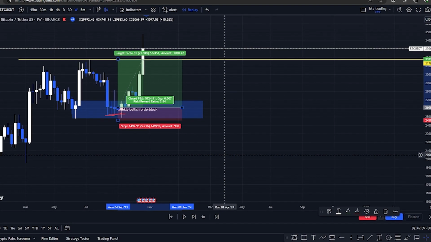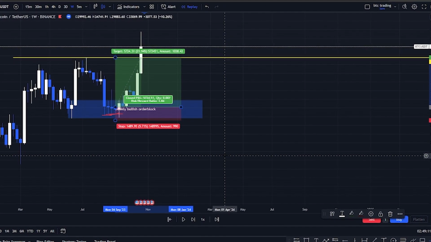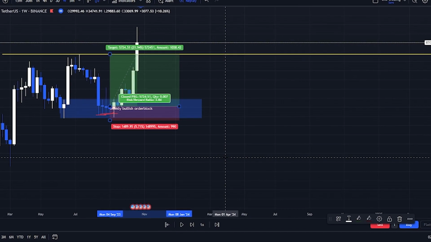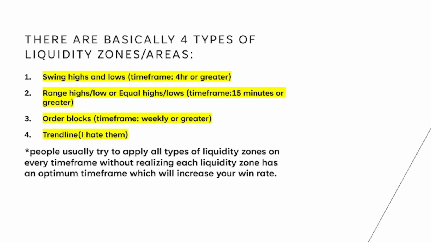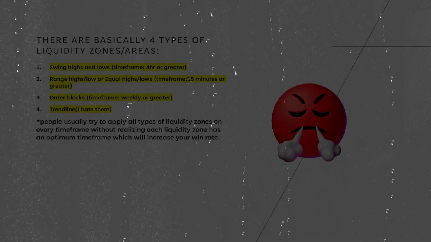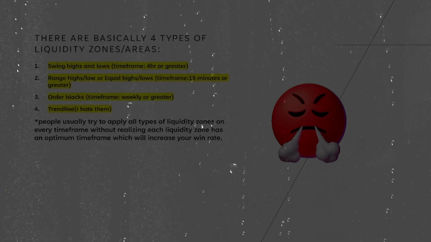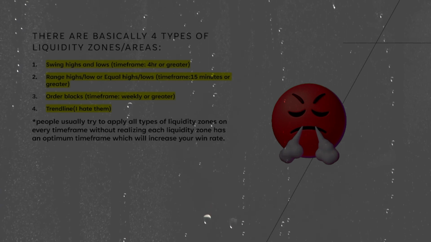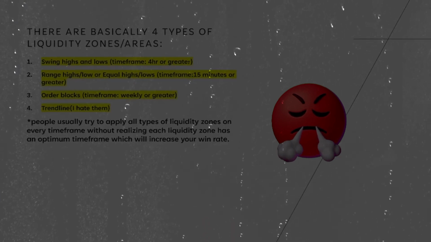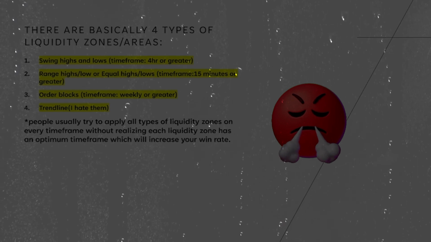So I use only weekly order blocks and no order blocks smaller than that because I have seen that they really decrease my win rate. So the fourth type of liquidity is trendline liquidity. I don't really use them and I haven't backtested them, so I don't really have any examples of them. You can see any other YouTube video for that, but I don't have any real life examples, and I don't use them because my win rate really drops in them.